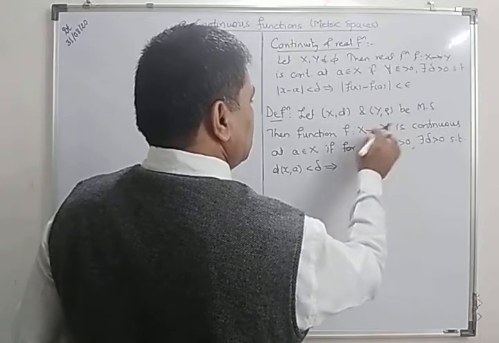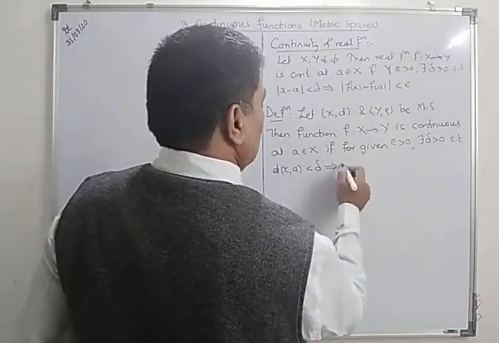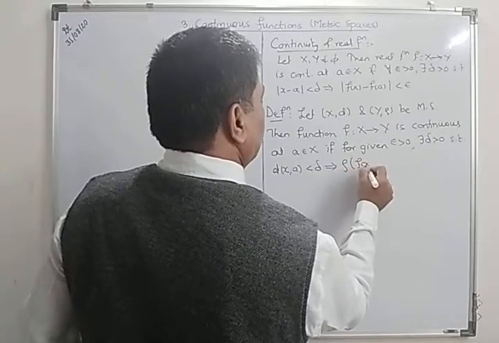But what is distance between f(x) and f(a) is defined by rho of f(x), f(a)